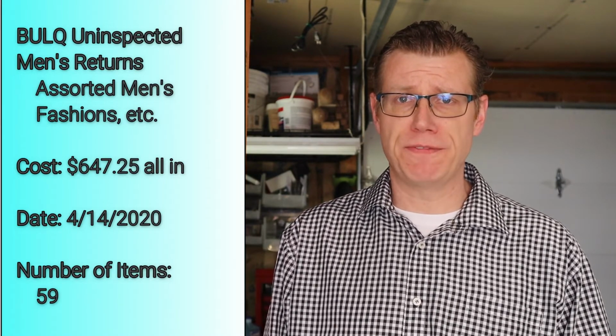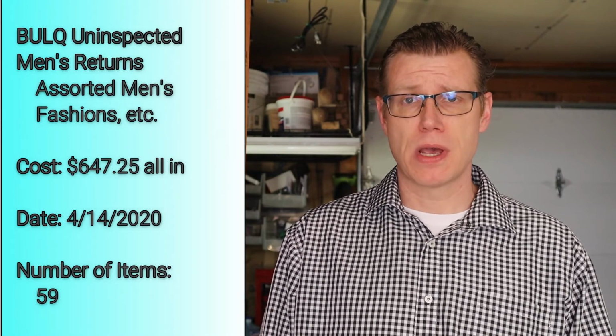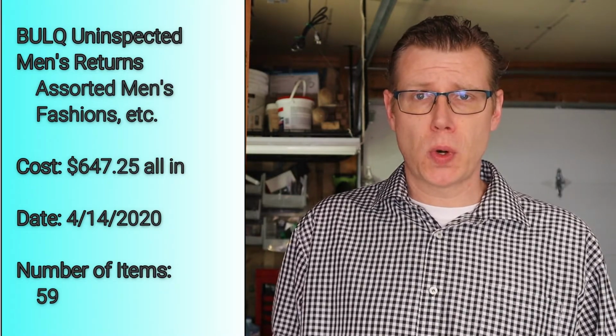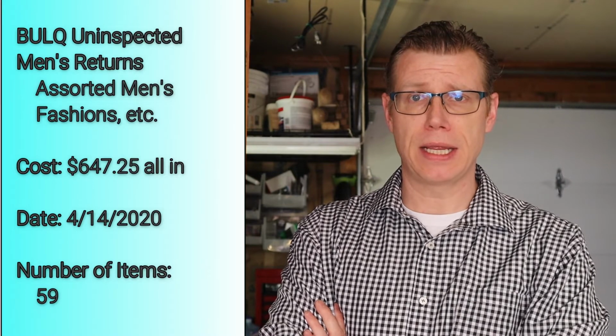There is a total of 59 items in this pallet, and it's mostly men's fashions. But one of the items that really drew our attention was a fancy Brondell bidet. We have recently sold 4 very expensive bidets out of the store, and it's helped add a lot of stimulus, if you will, to the bank account. So we decided to go with another fancy Brondell bidet, as well as a lot of men's fashions that we